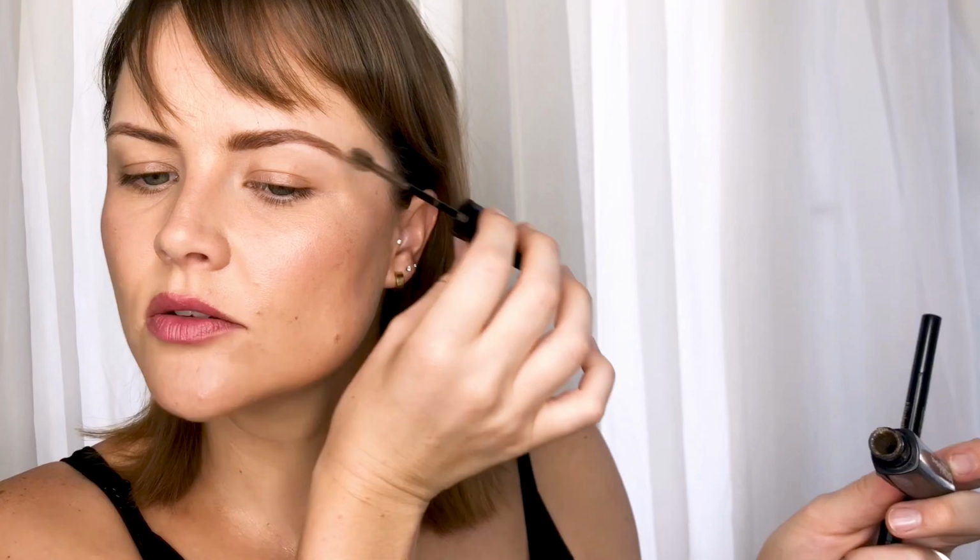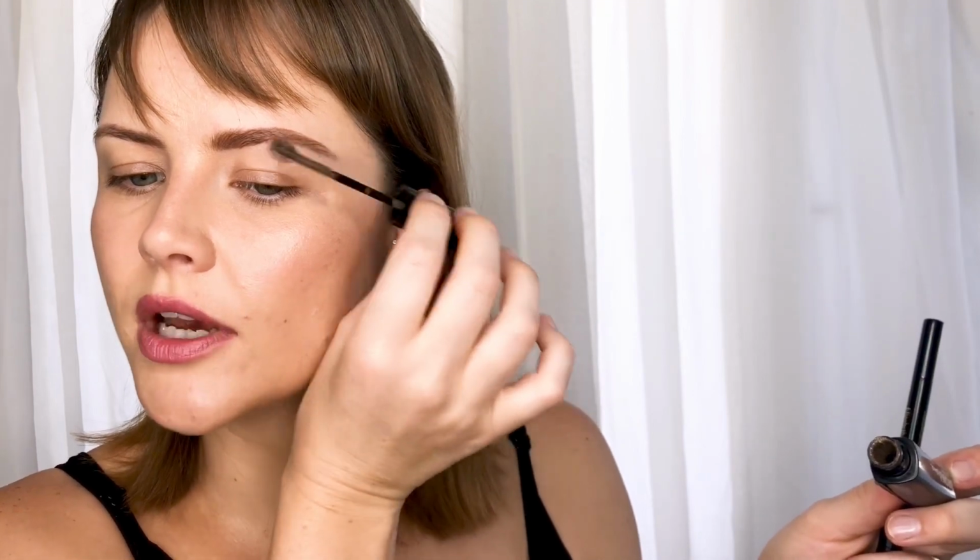So kind of just a little bit up, but following the curve of the brow. Okay, so onto the eye makeup, the reason why we are here. As mentioned, we're doing a modern smoky eye, and what that means is that, back in the day, smoky eyes